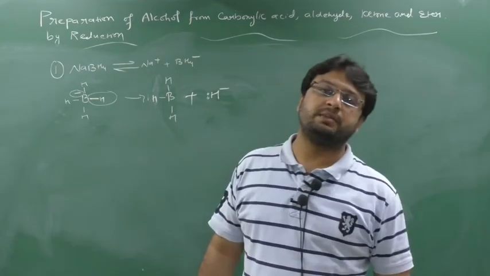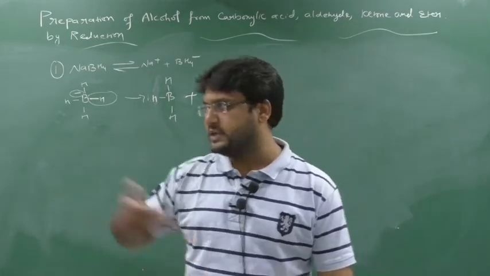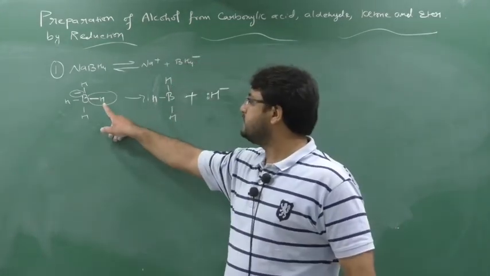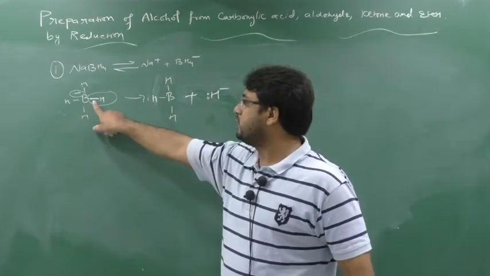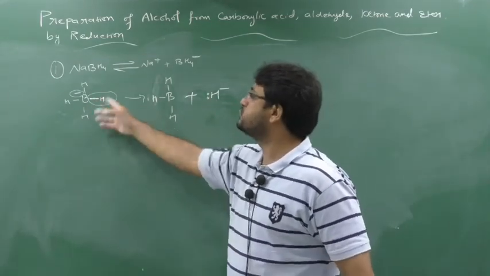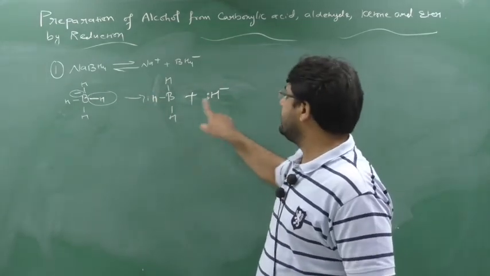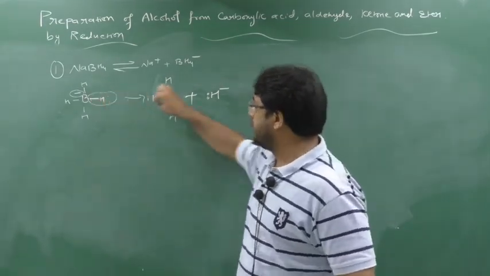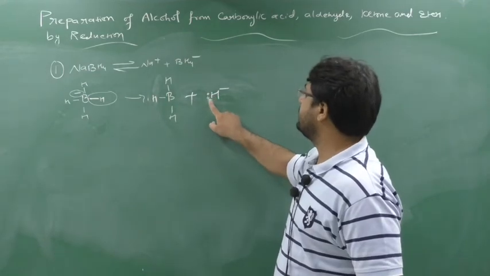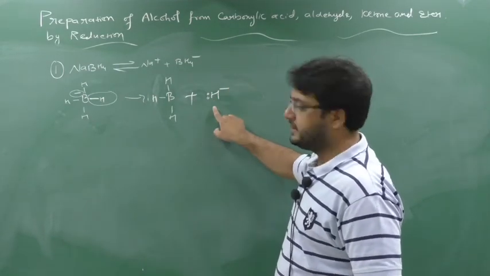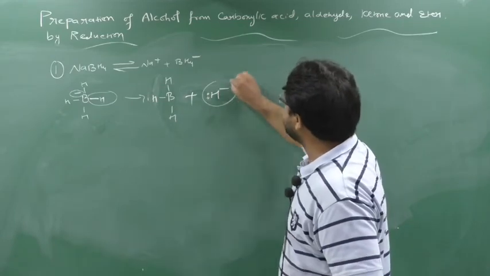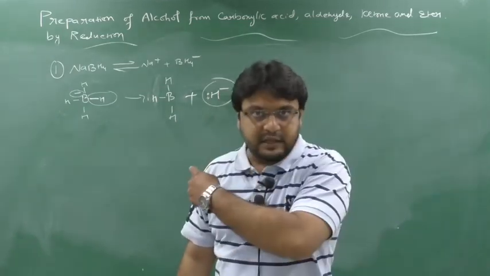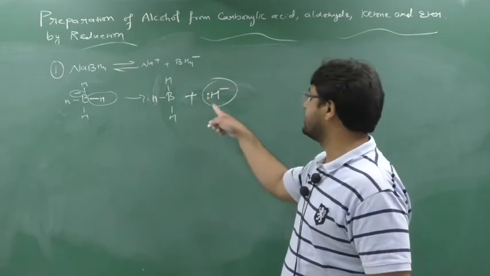So when he has to gain stability, what he has taken, he has to release back. So he has taken H minus with 2 lone pair. So he has taken the hydrogen with 2 electrons. So this hydrogen will go back with its 2 electrons. This hydrogen will break this bond, get the 2 electrons and be released. One who gains electrons creates negative charge. So in this way hydride ion is generated. That's why I was writing H minus in the previous slide. In this way H minus is generated.